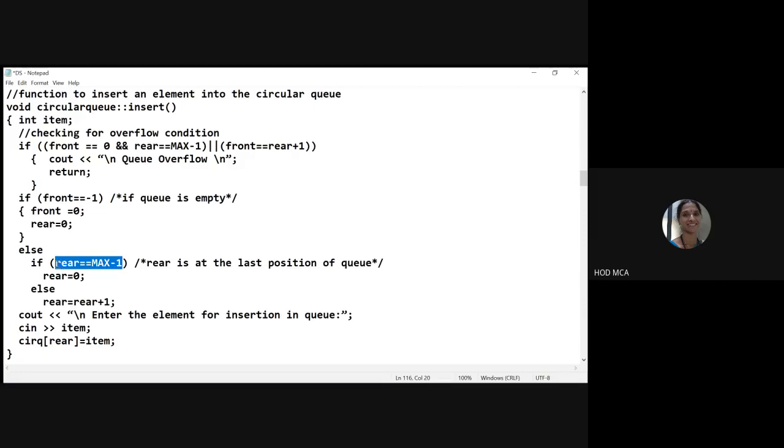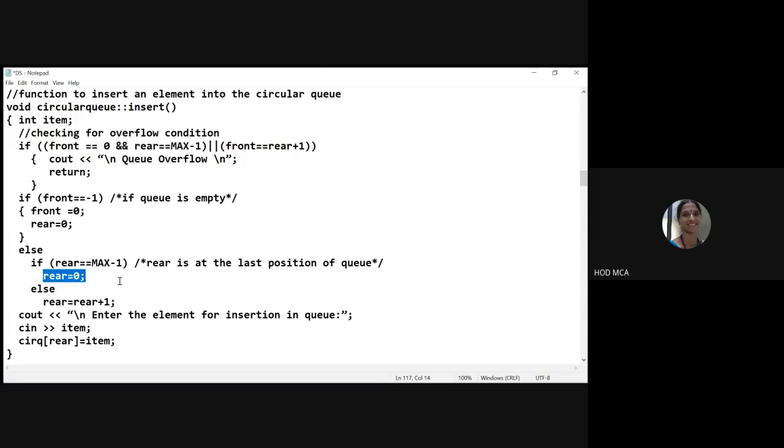So when rear is pointing at max minus 1, if I simply say rear is equal to rear plus 1, it will become wrong, is it not? Because if rear is at the 49th location, I have to insert at the 0th location if it is free. If I simply say rear equal to rear plus 1, it will go off to the 50th location, which is wrong. So that is the reason I am setting rear is equal to 0.